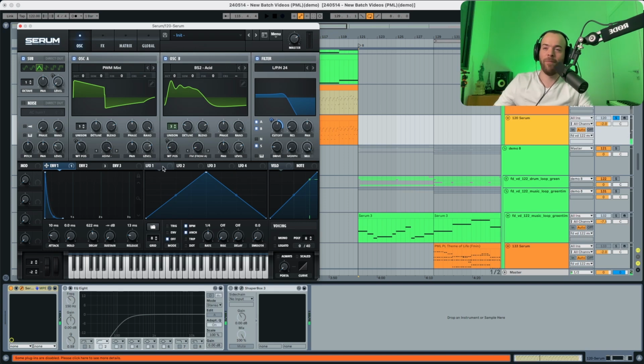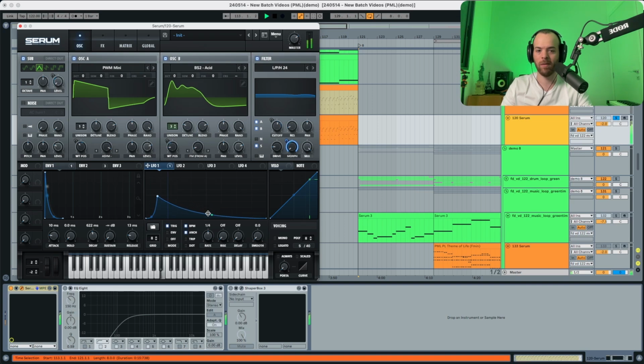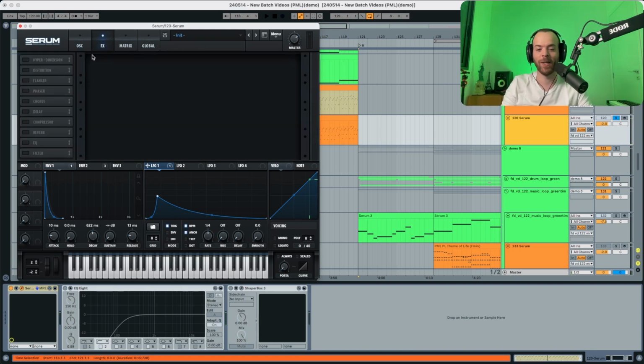But now we're going to pick LFO 1 and use it to modulate the morph. It's going to be set to trigger BPM anchor 1/4. But this over here is going to go quite in the middle, and this is going to go quite down, and this is also going to be a little bit down. Cool sound, right? Now we're gonna go into the effects section, and in the effects section, we're gonna start by